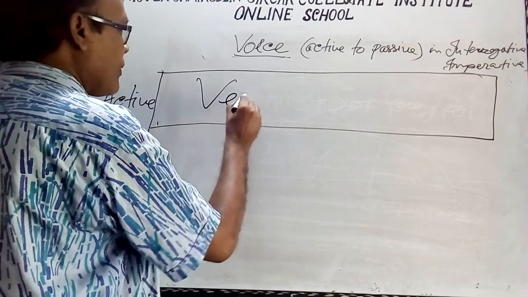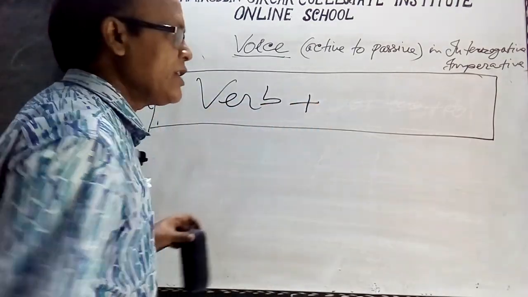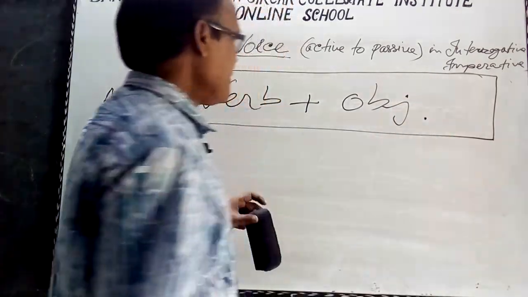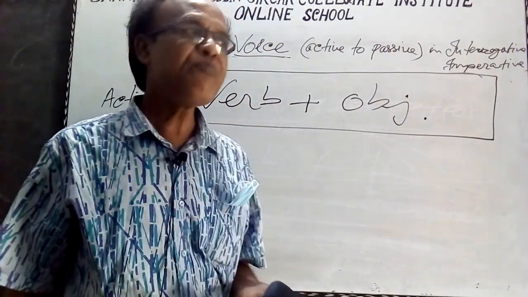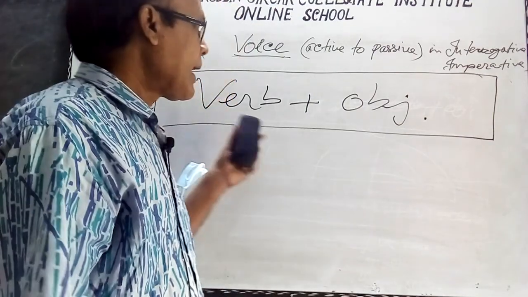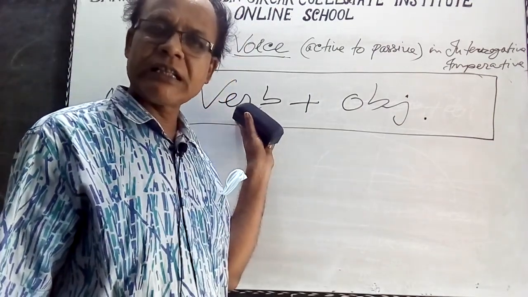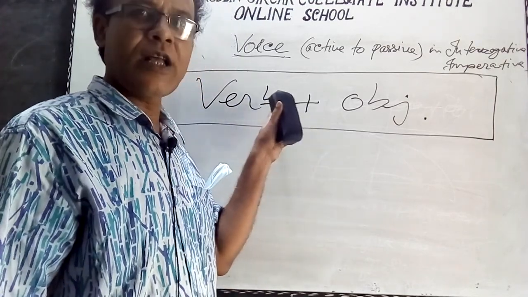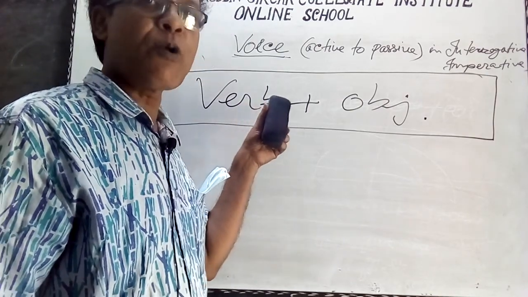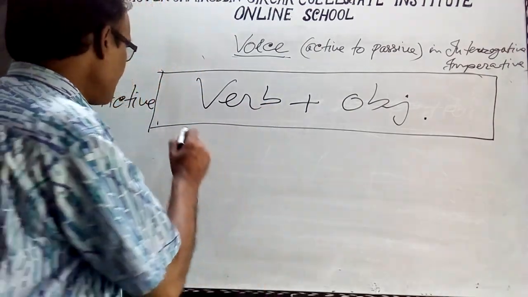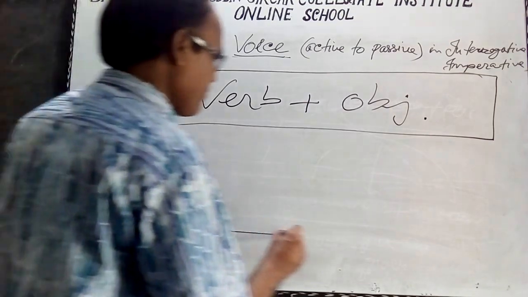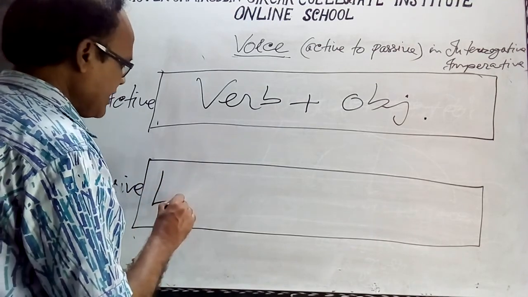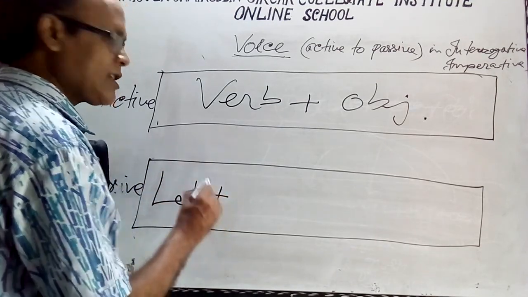We know an imperative sentence begins with a verb, the main verb, the principal verb. If the sentence begins with a verb, the main verb, the principal verb, then we must know that it is in the form of an imperative sentence. So in the imperative sentence, we must begin the sentence with the passive voice,